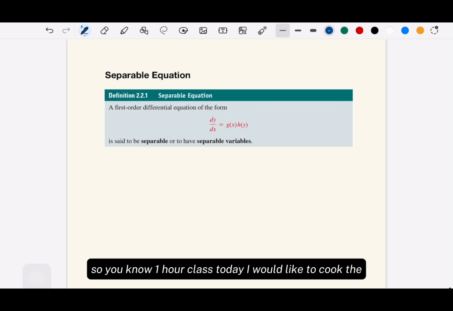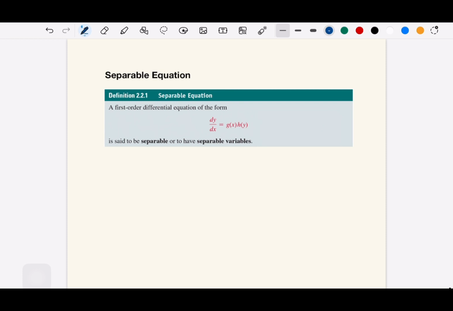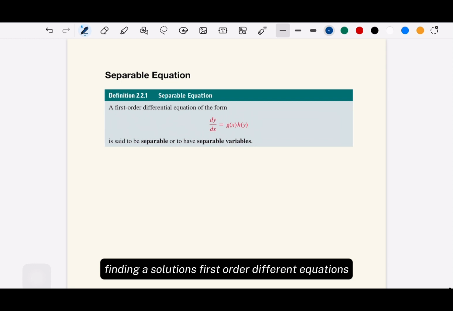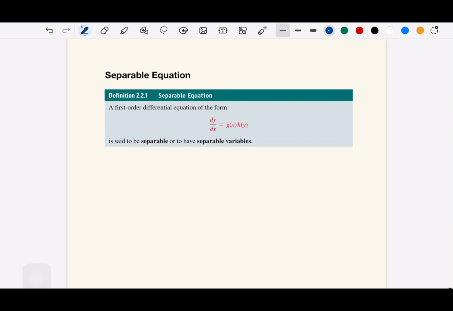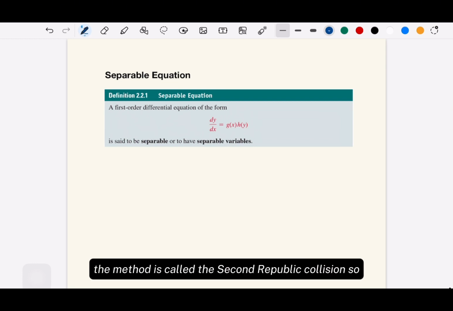So in the 1 hour class today, I would like to continue on one method for finding the solutions in first order differential equations. The method is called the separable equation. So